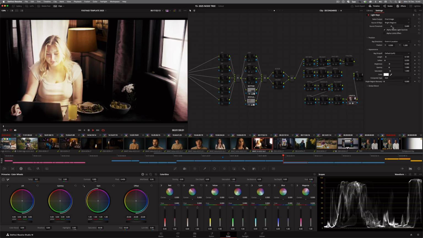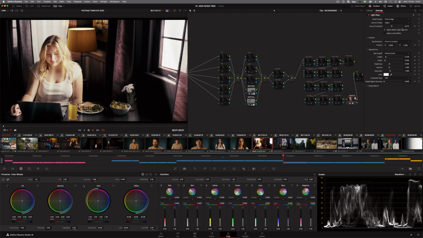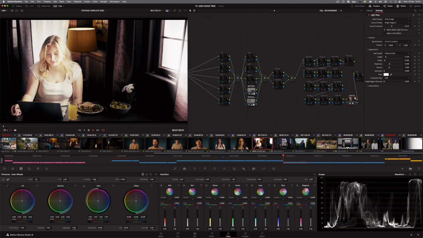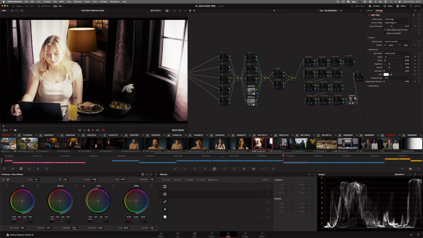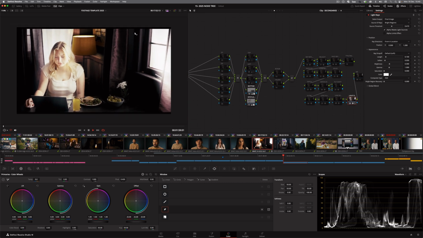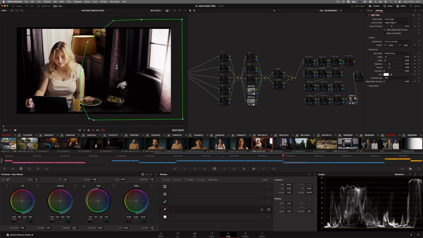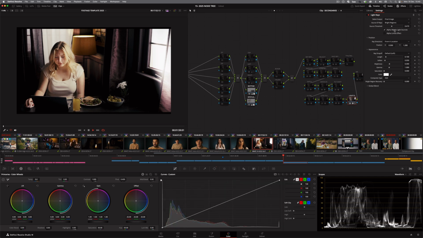And light rays, similar to the glow, it will catch from bright regions or edges. What you could do is use masks as well, right? Because I don't want it coming from behind. I want it coming from the side. So let's just draw a really basic shape around that window. Always add softness, just in case something shows weird. The direction of these